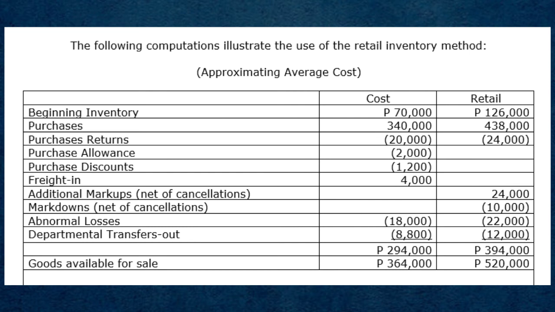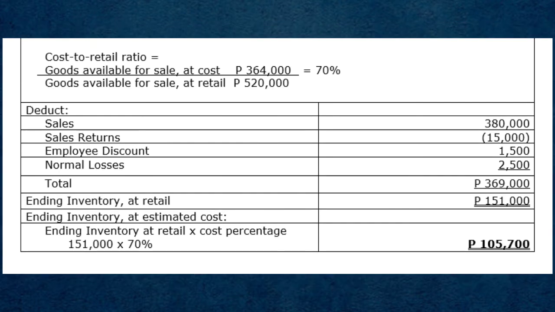Total of cost 294,000 pesos, total of retail 394,000 pesos. Goods available for sale cost 364,000 pesos, retail 520,000 pesos. Goods available for sale at cost 364,000 pesos is equal to 70% over goods available for sale at retail